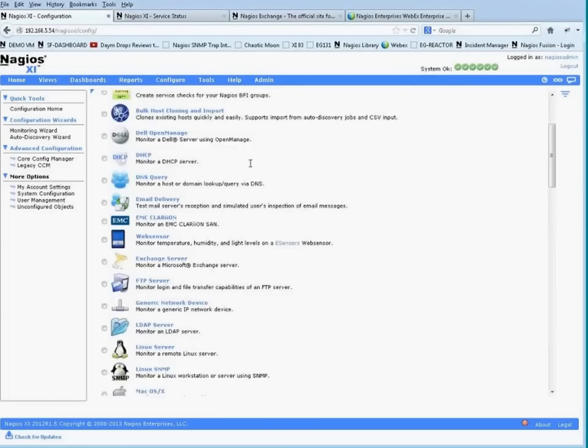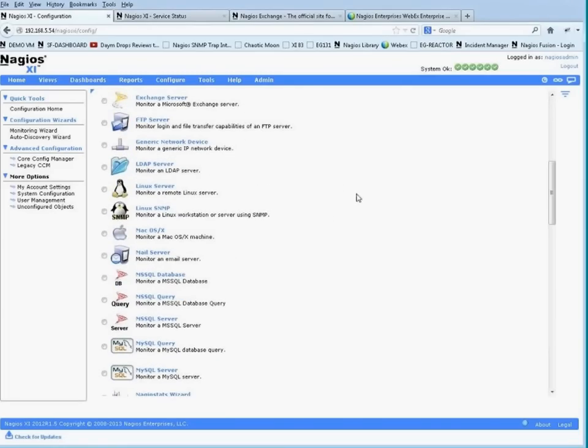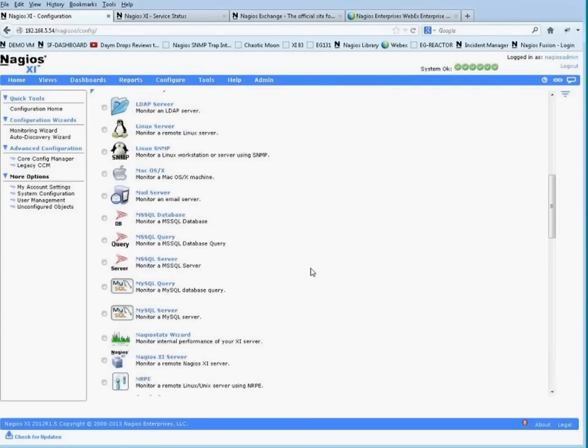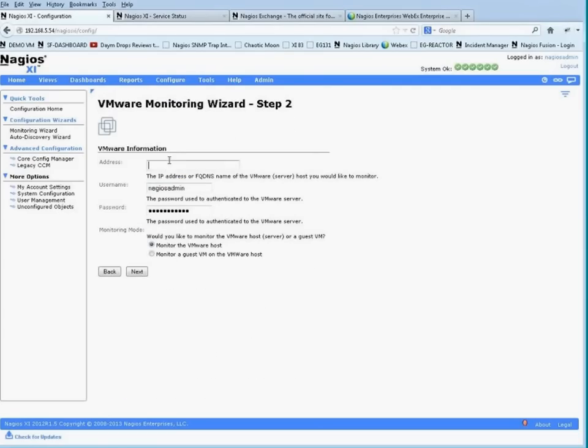So going back to the monitoring wizards, let's take a quick run through a VMware wizard for something new and exciting. The VMware wizard gives us the ability to monitor either an individual VMware host, or a vCenter server, which is what I'm going to monitor here. So I'm going to put in my credentials. This is actually going to log into our vCenter server and download a list of